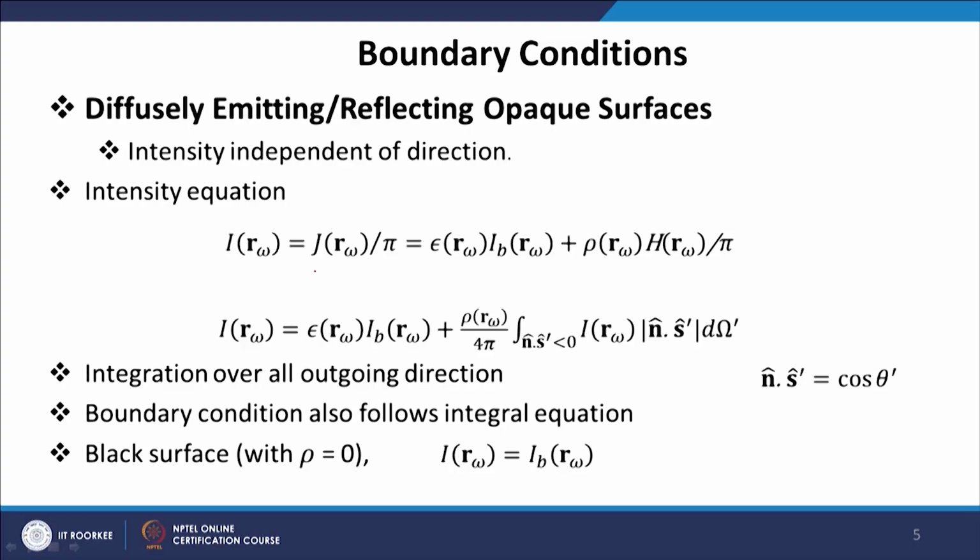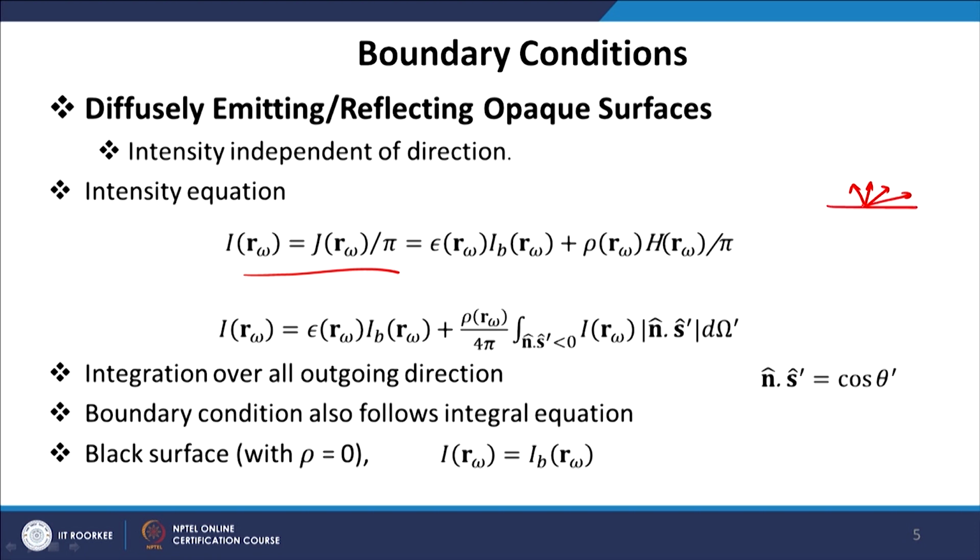We have already discussed them, but we will just take a special case, that is diffusely emitting and reflecting surfaces. So, the emittance of the surface may be epsilon. For this case the intensity leaving the surface, I lambda, could be a function of wavelength, but here I am just writing it for the total. The intensity leaving the wall is basically diffuse and can be written in terms of radiosity.